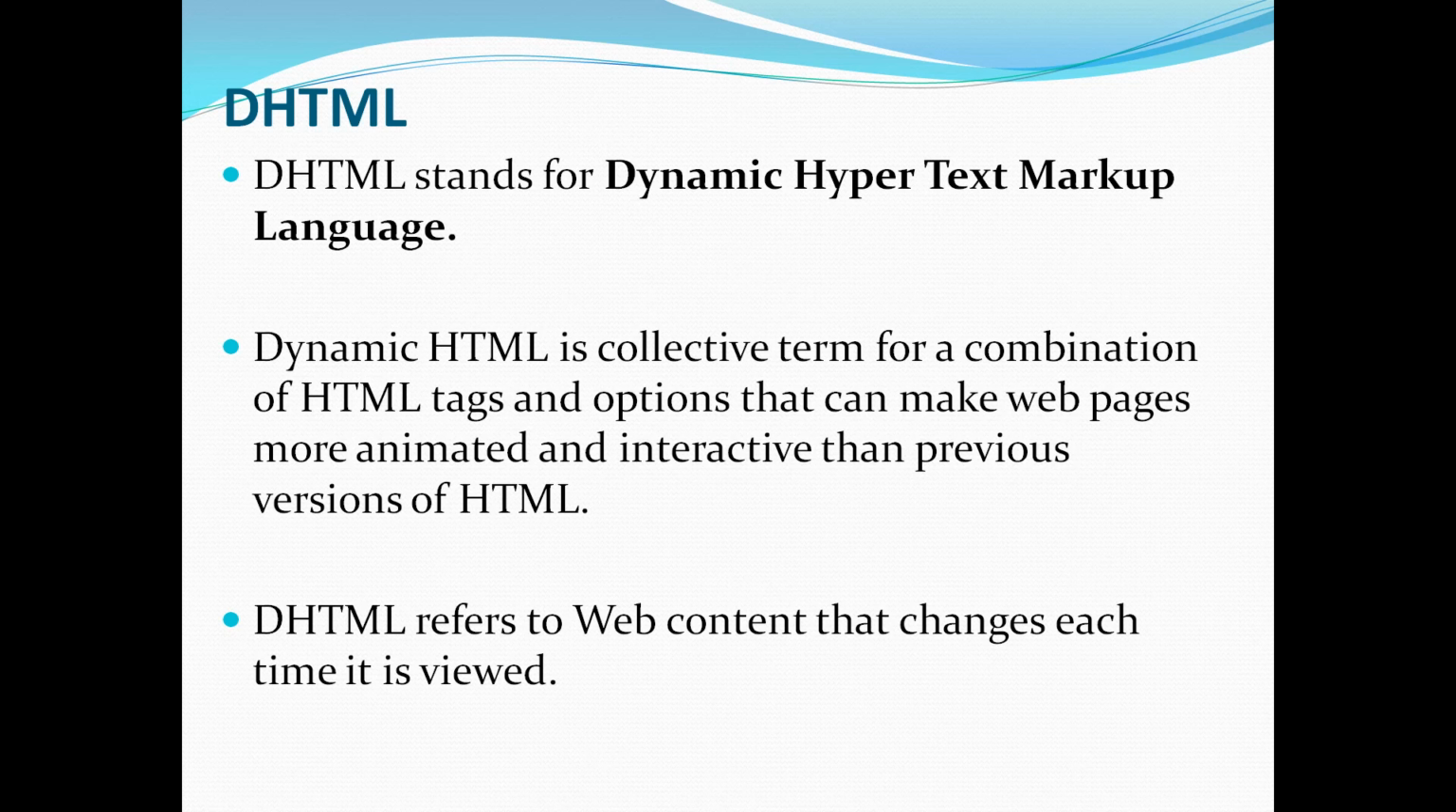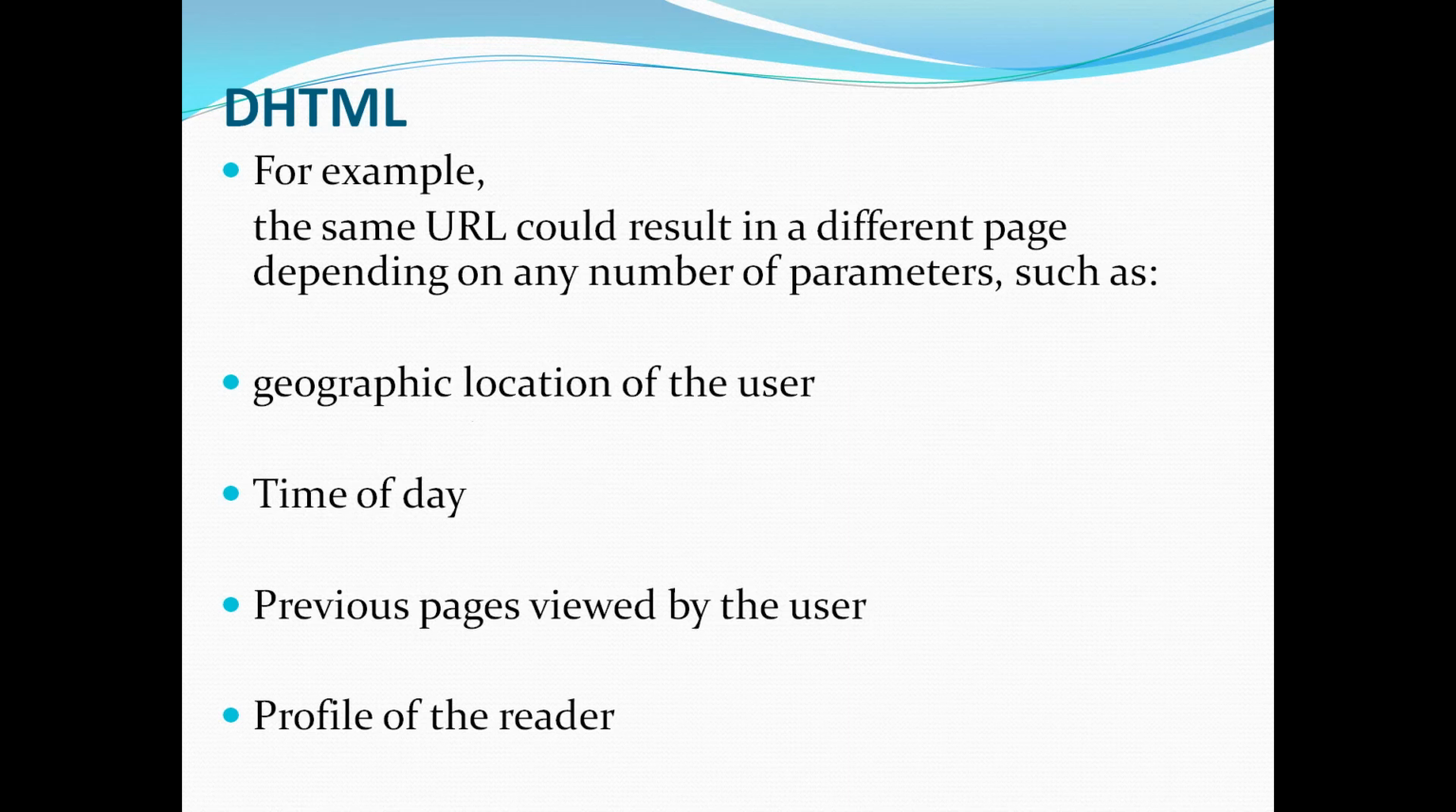DHTML refers to web content that changes each time it is viewed. When you are going to view a web page document, sometimes based on the view, some contents are going to change. That is the main use of DHTML. For example, the same URL could result in a different page depending on any number of parameters, such as